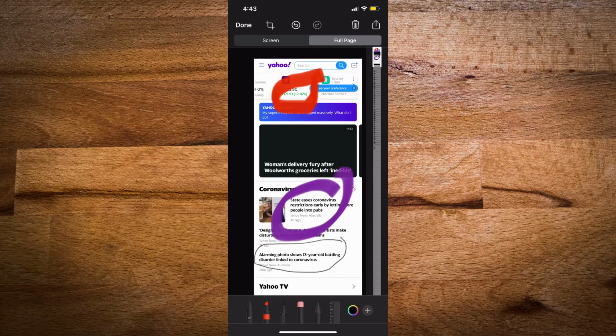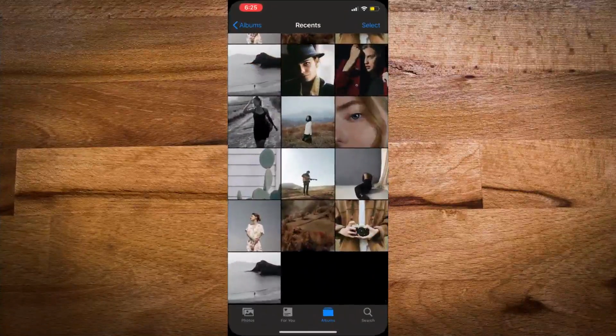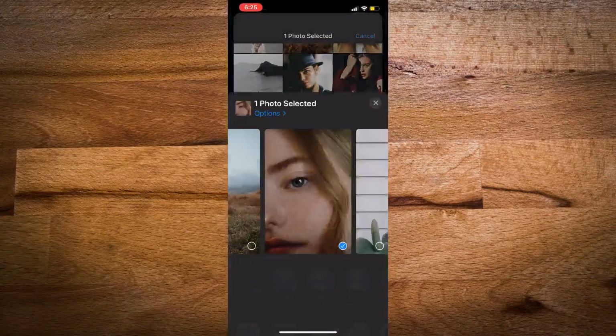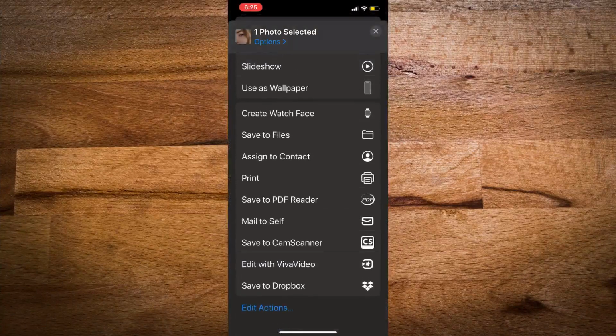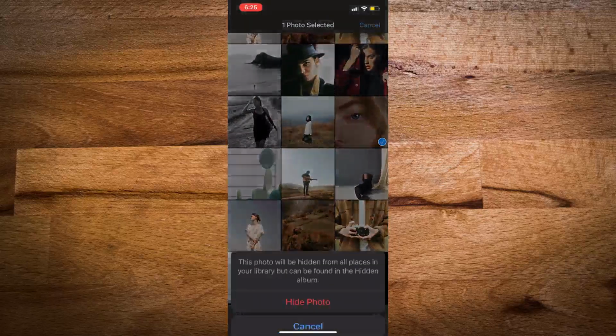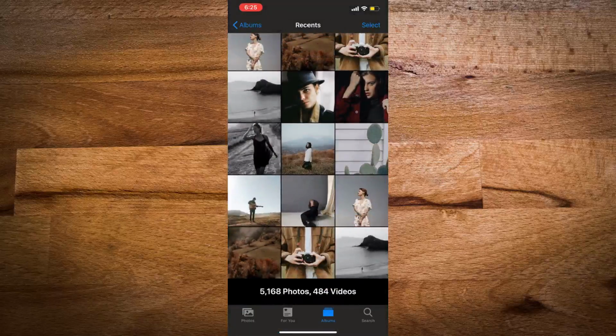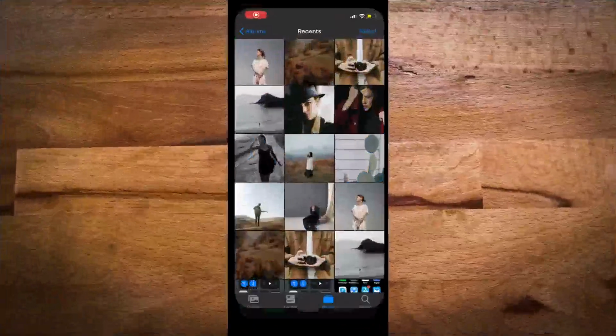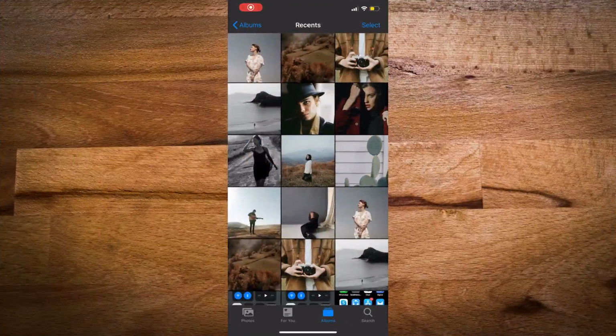The next feature available is in hiding your photos. Go to the photo library, click on a photo, just take the option from this. There'll be an option to hide your photo. The photo gets hidden from your photo library, but it creates a folder as hidden photos and stores your pictures there. If you want to permanently hide these photos, the easiest way is to save them into a notes.